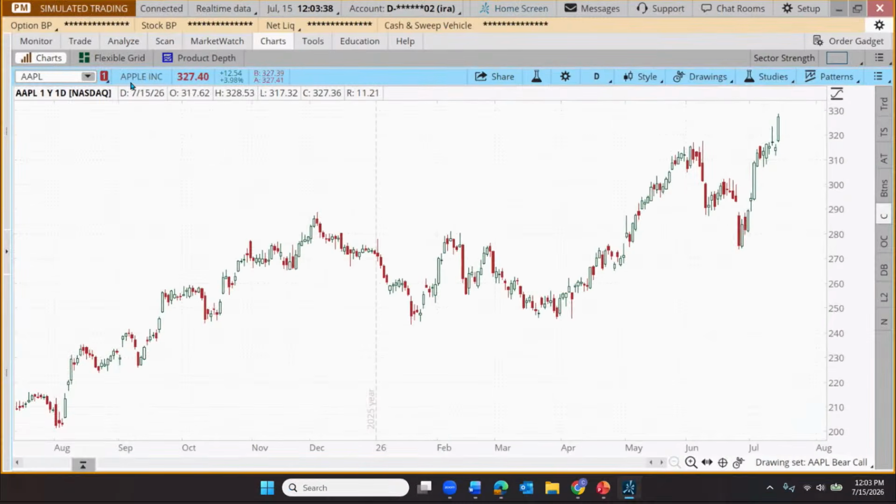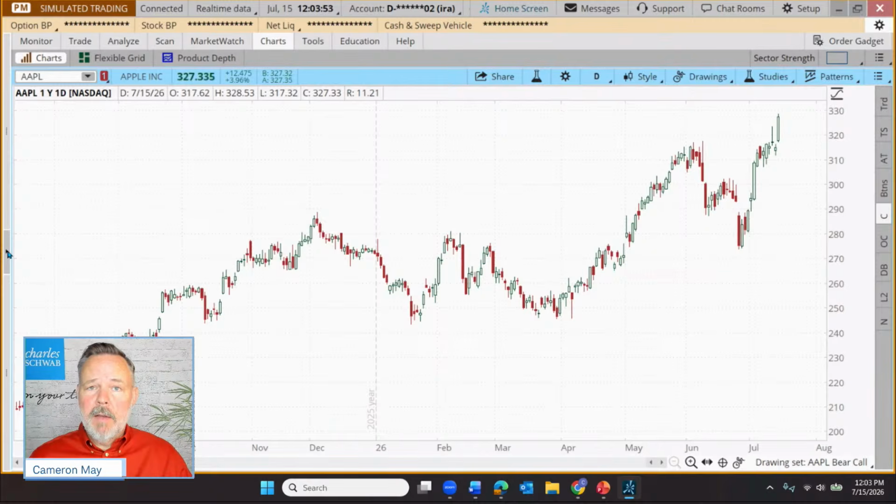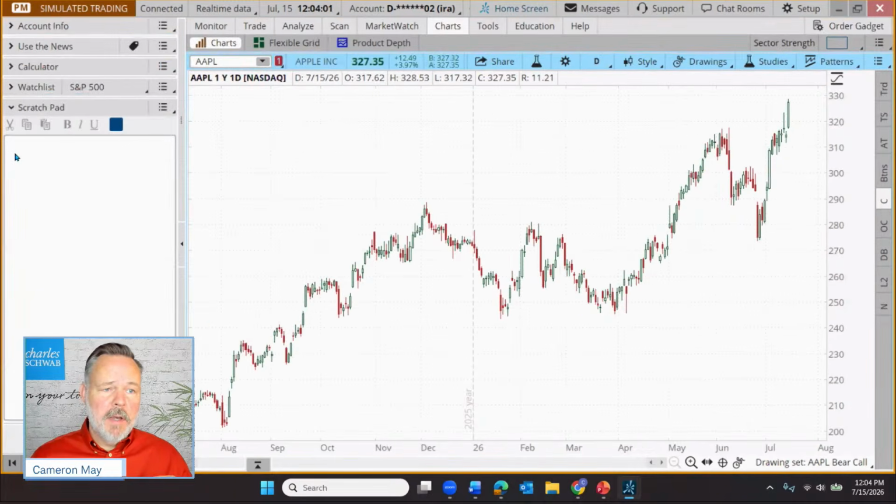And we're just going to use Apple. What we're going to do is just bounce around, apply different tools on different time frames, and get familiar with them as we discuss them. But the first thing I need to talk about is the mathematical theory that is underlying all of these tools. And it's all built around a sequence of numbers known as the Fibonacci sequence and ratios of those numbers from the sequence. So let's acquaint ourselves with the Fibonacci sequence.